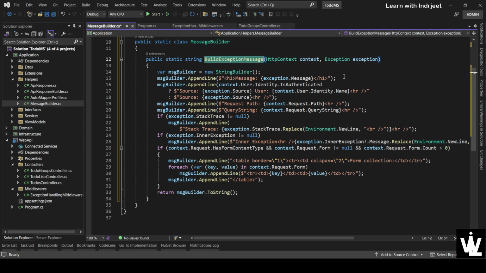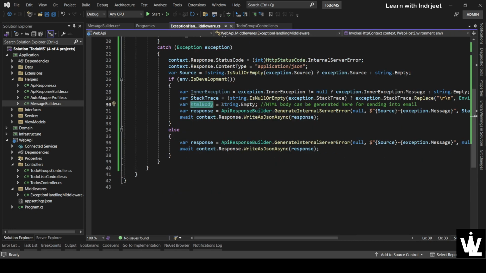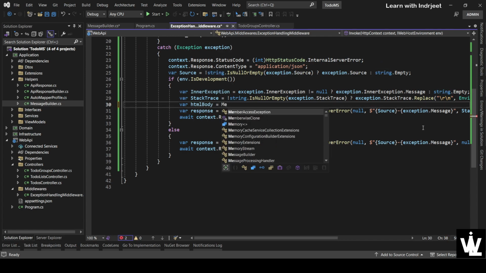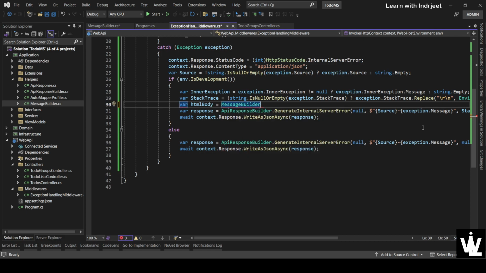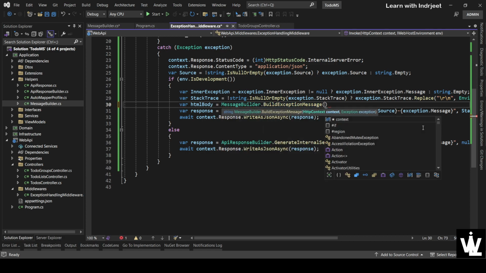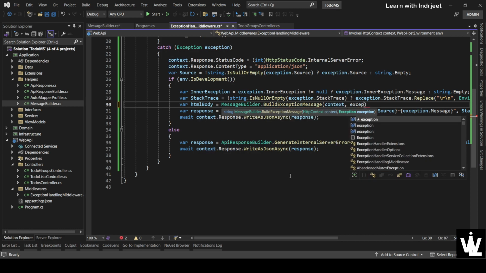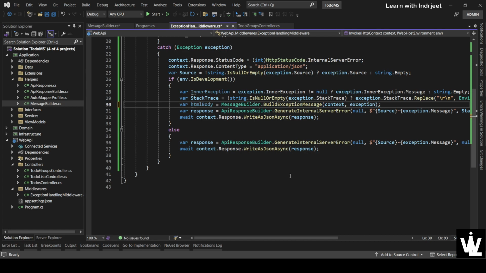So we will use this build exception message to create this HTML body. So let's replace this code with message builder dot the function name, and it is asking for the context and the exception. So context is already present here as well as the exception, right? And now we can send this HTML body